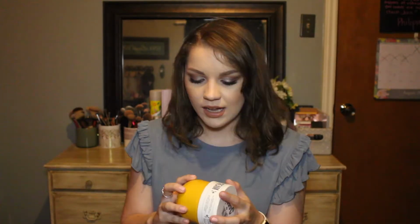Okay, next is a lotion. So this is the Sol de Janeiro Brazilian Bum Bum Cream. Now this smells heavenly, like so good, but the upsetting part about this whole thing is that there are little tiny shimmer particles all throughout this guy, and if you would put on your packaging that it's a shimmery lotion,